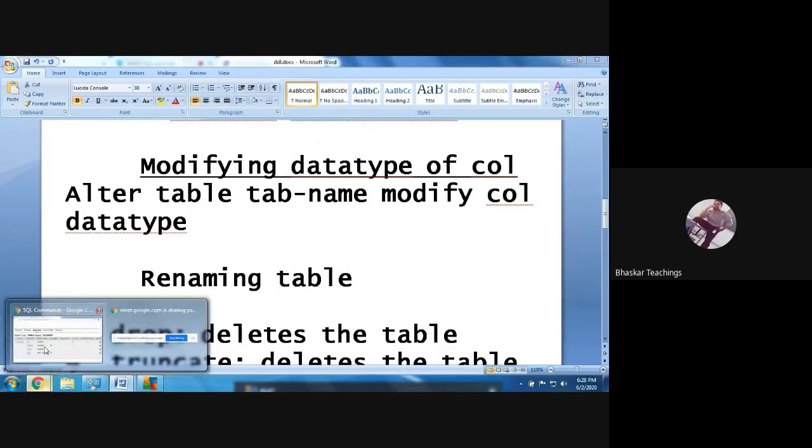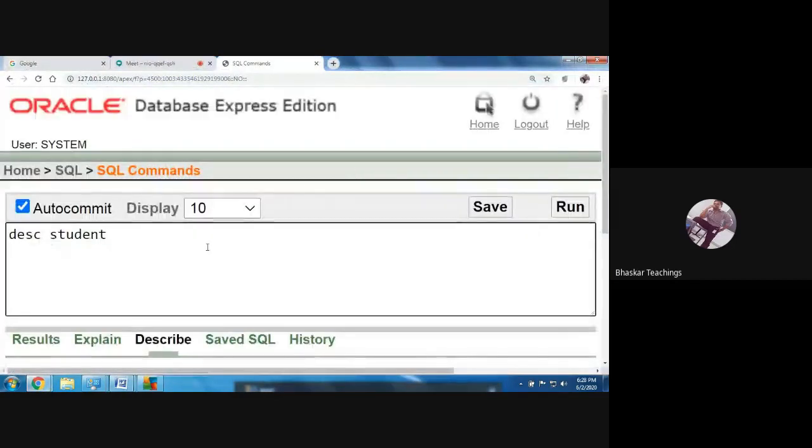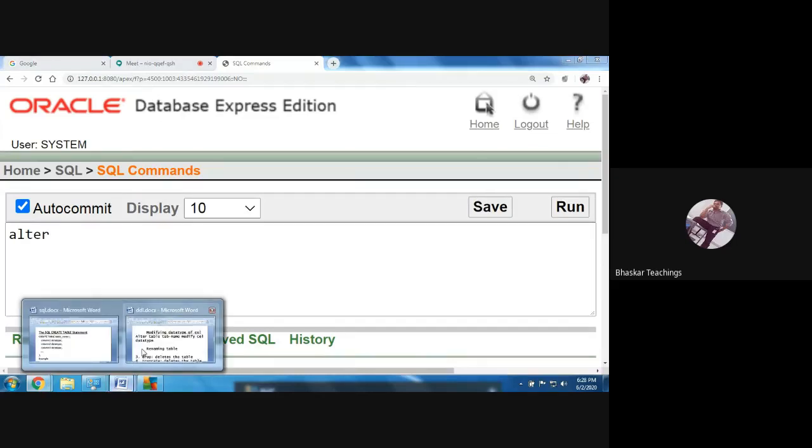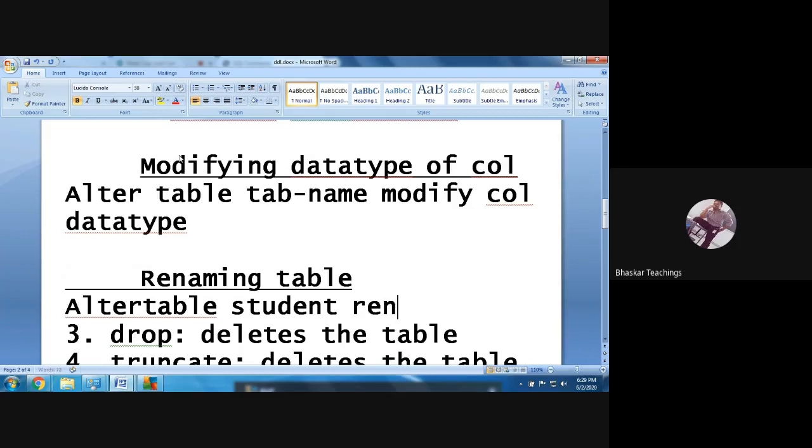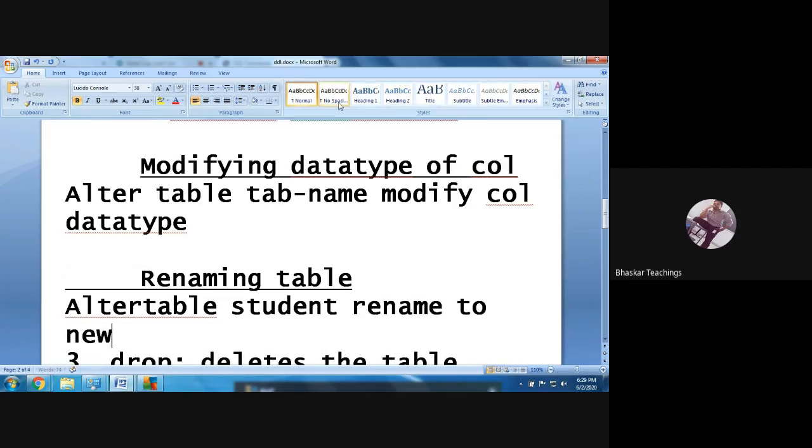So let me write the syntax first. The syntax is alter table, table name, rename to new name. Here we need to give the table name, right? Yes, alter table, table name, rename to new name.